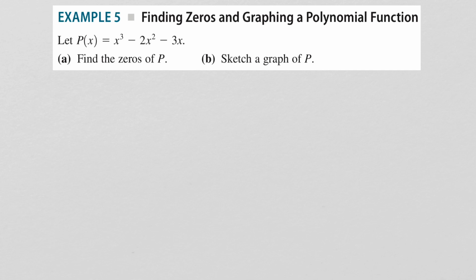Let's take a look at another example. In this case, P of x is not factored. So the first thing we want to do is factor it so that we can find the zeros of this polynomial. So notice that